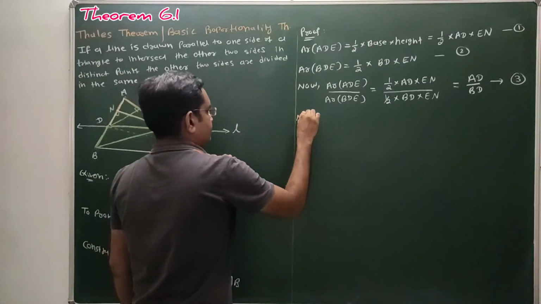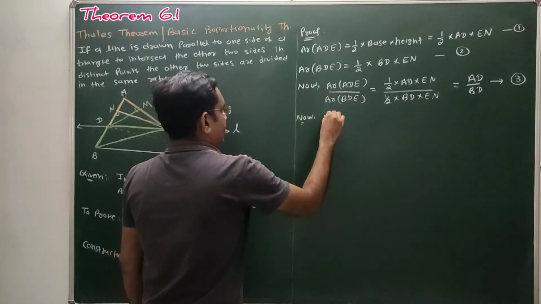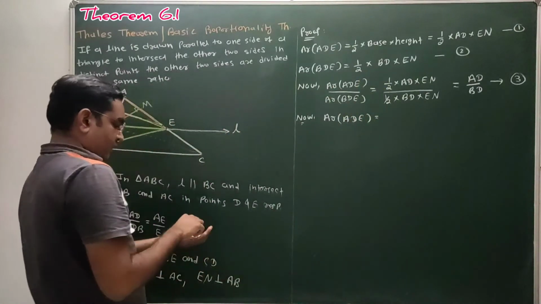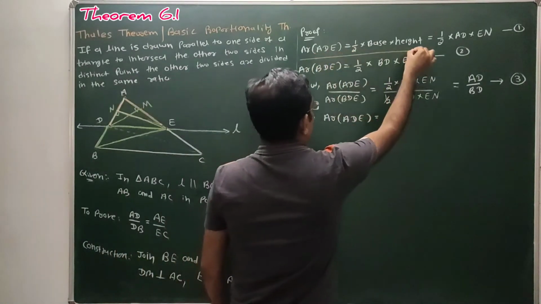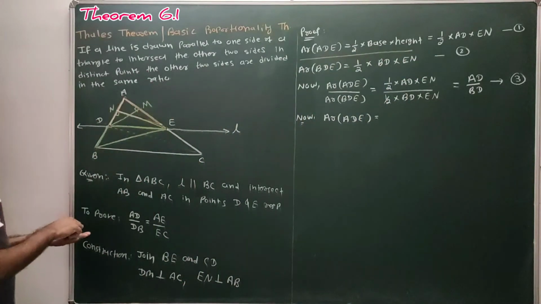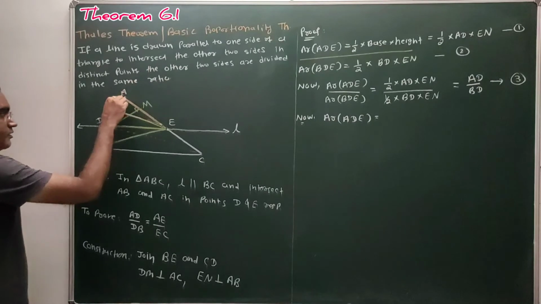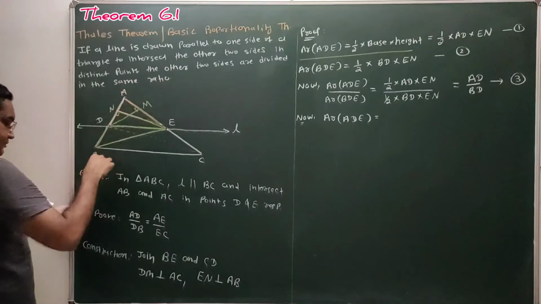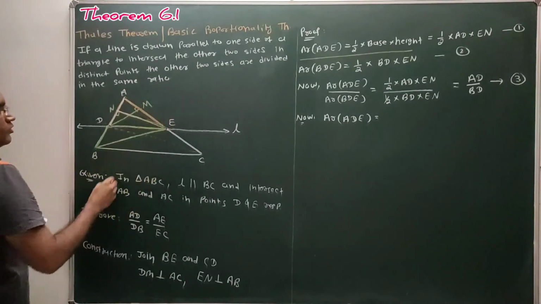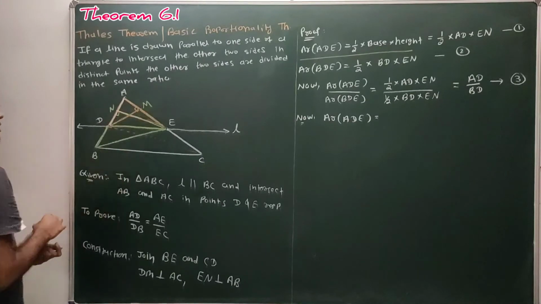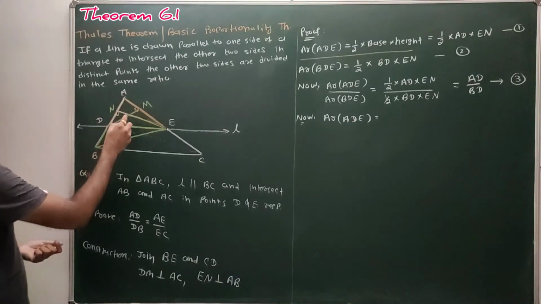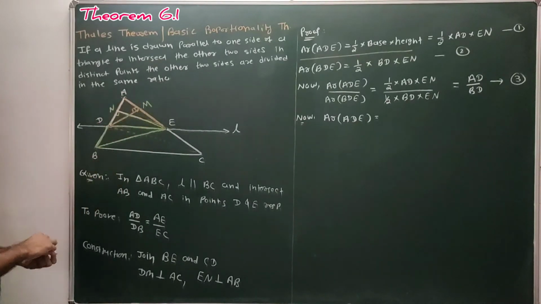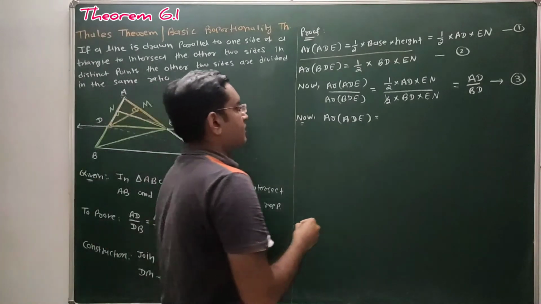Now next step. Again we can consider the area of triangle ADE, the same triangle ADE, that is equal to 1/2 into base into height. But now for this case, for that first case we considered this side as the base of the triangle. Now we can also consider this side AE as the base of the triangle, so the corresponding height is nothing but the DM. Yes, so area of triangle ADE is nothing but 1 by 2 base, where the base is this AE and the corresponding height is this DM.